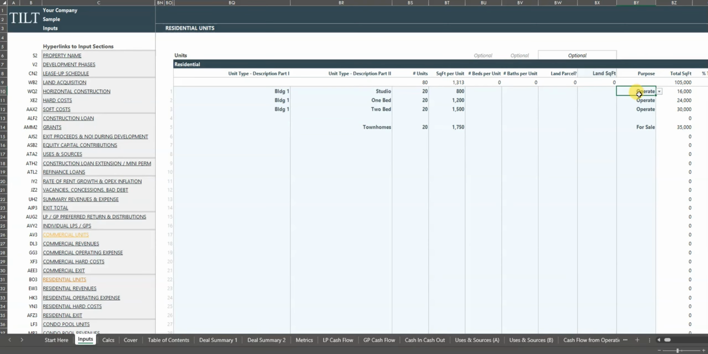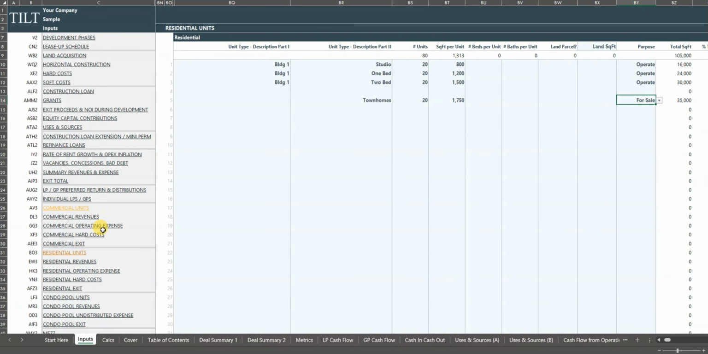So we're going to operate the apartment building. Let's say we're going to own that and operate it for several years after we build, but the townhomes are a for sale product. We plan on building those and selling them right away. So if I hyperlink over to my residential exit section,